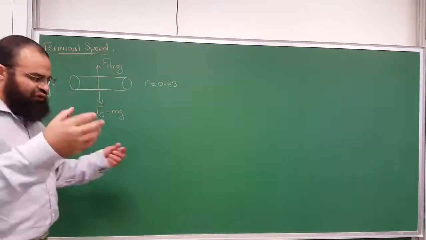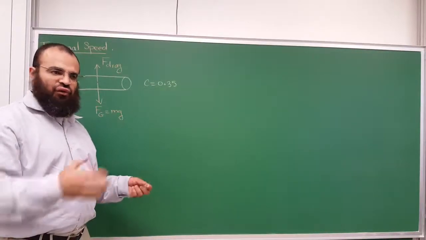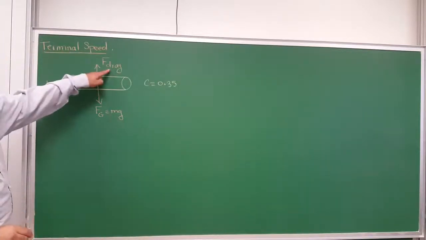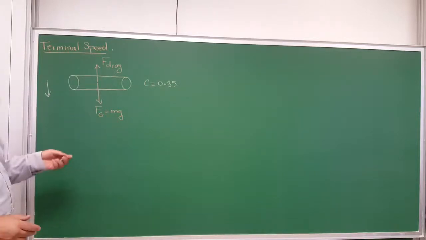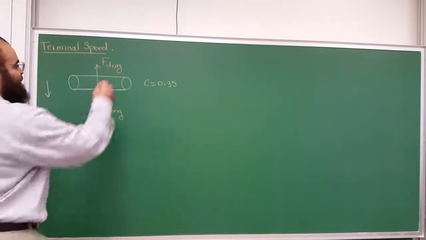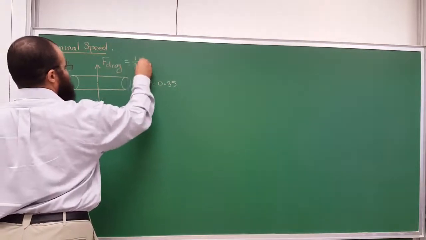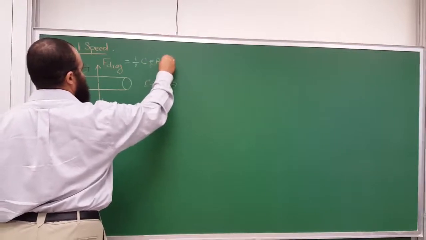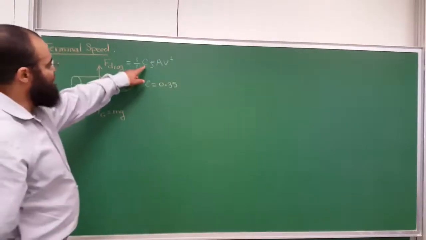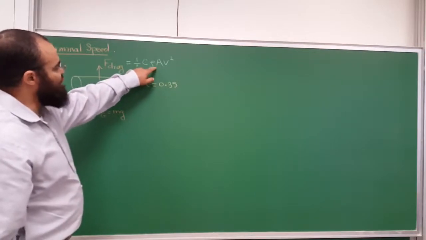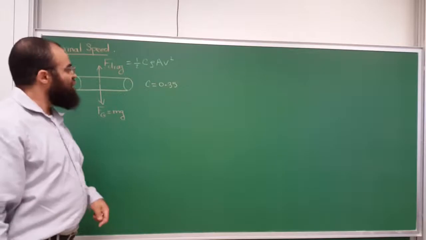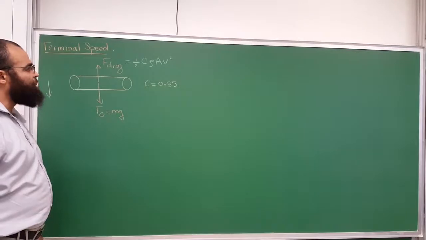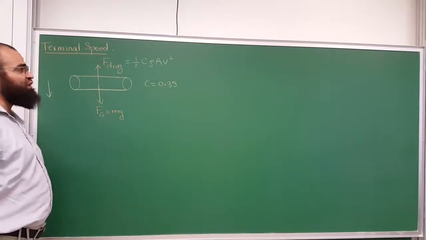Of course, when the person jumps at first, their speed is 0, and as they fall, they gain speed. But then the faster they go, the more drag they will experience, although gravity will still be basically the same. And so this drag force, which is equal to 1/2 C rho A V squared. C is constant, the density of air is approximately constant, the cross-sectional area of the person is fairly constant. If you open your arms, you can increase your surface area,